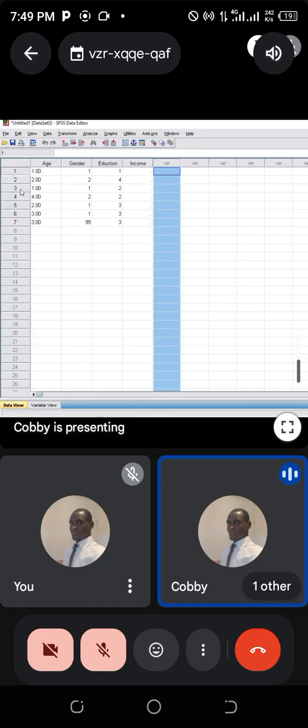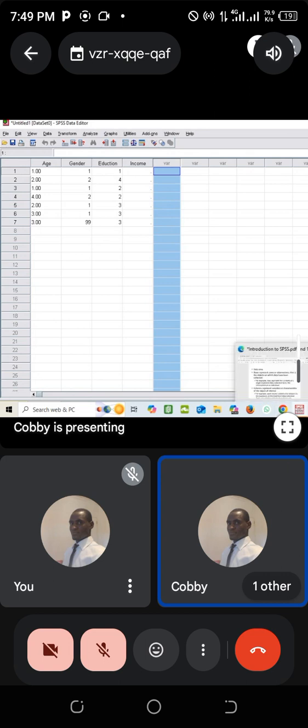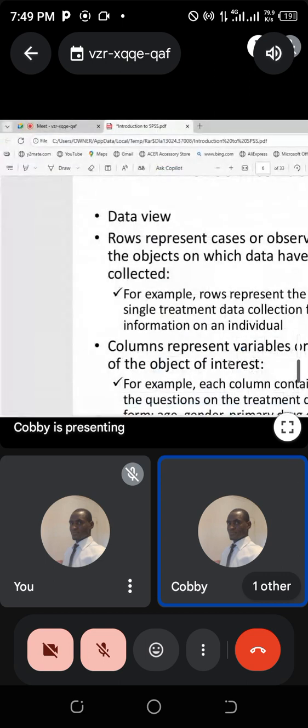For each row we are going to put the test score for all the students. Okay, so let's continue. So columns